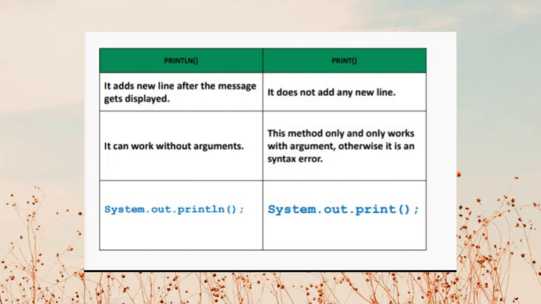While for print, it does not add any new line. This method only works with an argument, otherwise it is a syntax error. It means when we use print, we must add an argument. If we do not add an argument, it will be a syntax error. For example, System.out.print();